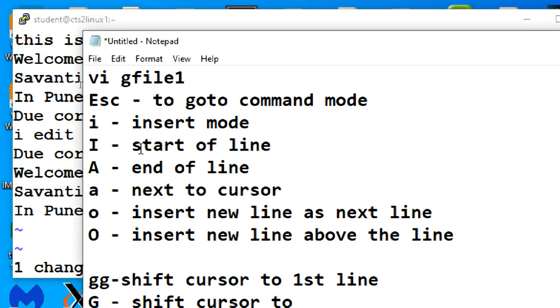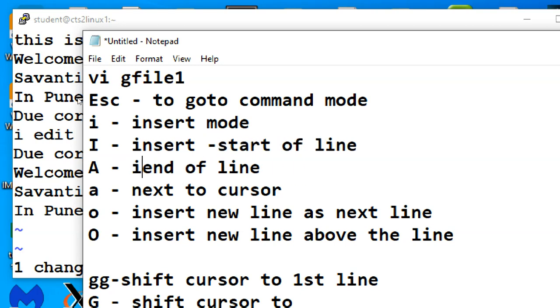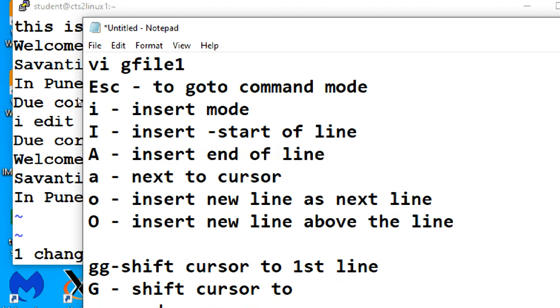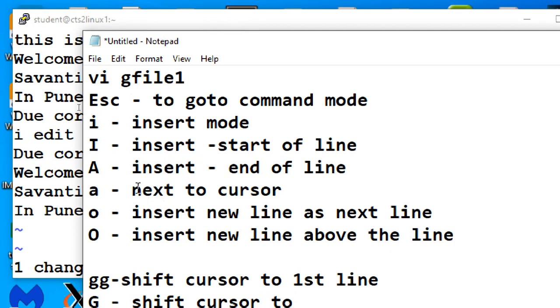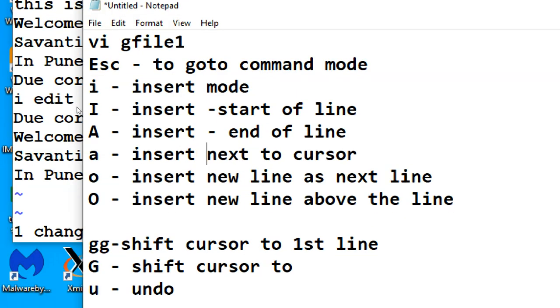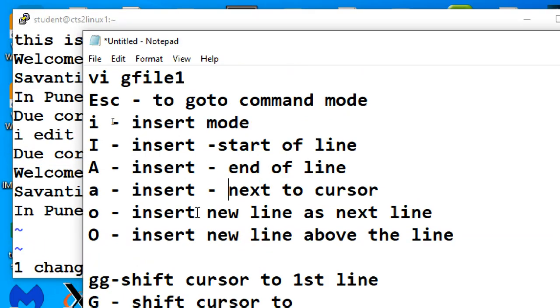Okay, insert mode, insert start of the line, insert end of the line, insert next to the cursor, like this.